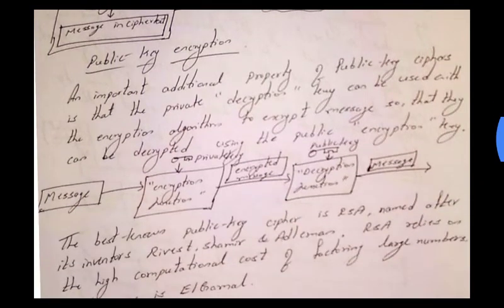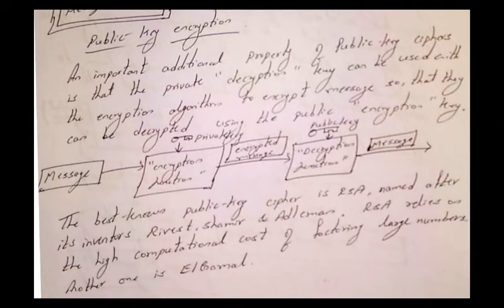Is it clear? Now here is the example, as I already told. The message is sent to the encryption function. Here the owner is sending the information to the receiver side, and the public key is already received by the recipient side. Now the owner encrypts this using the private key, and after encrypting, the encrypted message is sent through the untrusted network. On the receiver side, the receiver gets the encrypted message and decrypts it. Already he has the public key of the owner, and with the help of that public key he decrypts the message and gets the plain message.